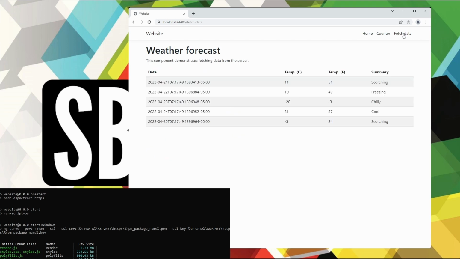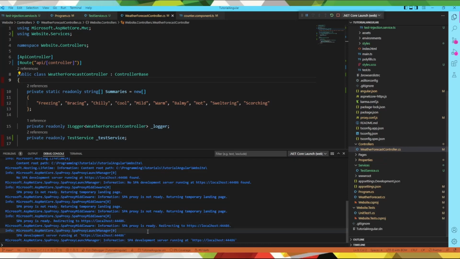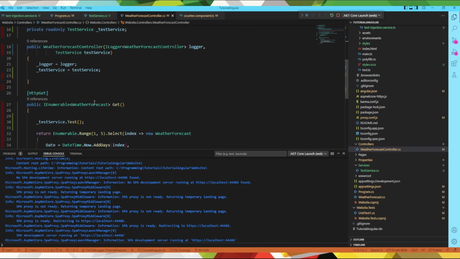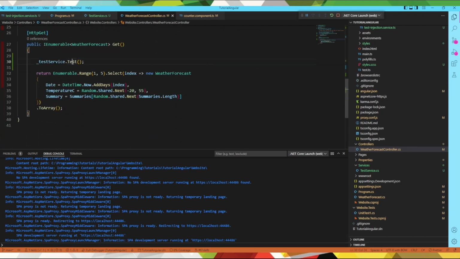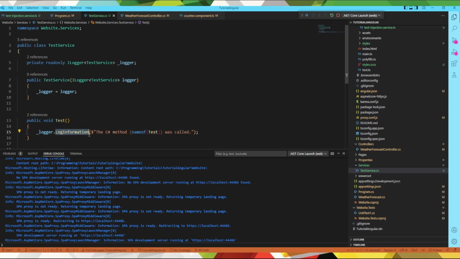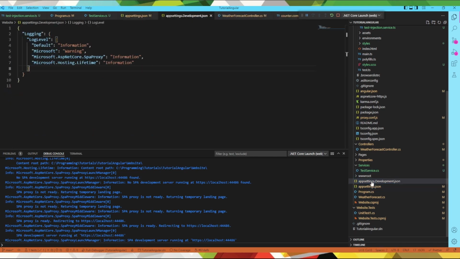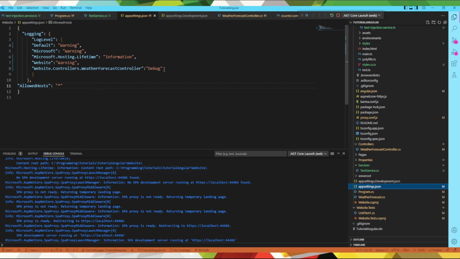Hopefully it actually works. We'll go to fetch data, and if we go back to Visual Studio and we look at the loggers here, what do we have? I don't see the related logging going on, which is surprising. We didn't get any errors, we know that. So what's happening here? Let's take a look real quick. Well, we're logging at the information level. Let's go into our app settings. I guess we're in development at the moment. Nothing defined in there. Weather forecast says it's willing to show debug,